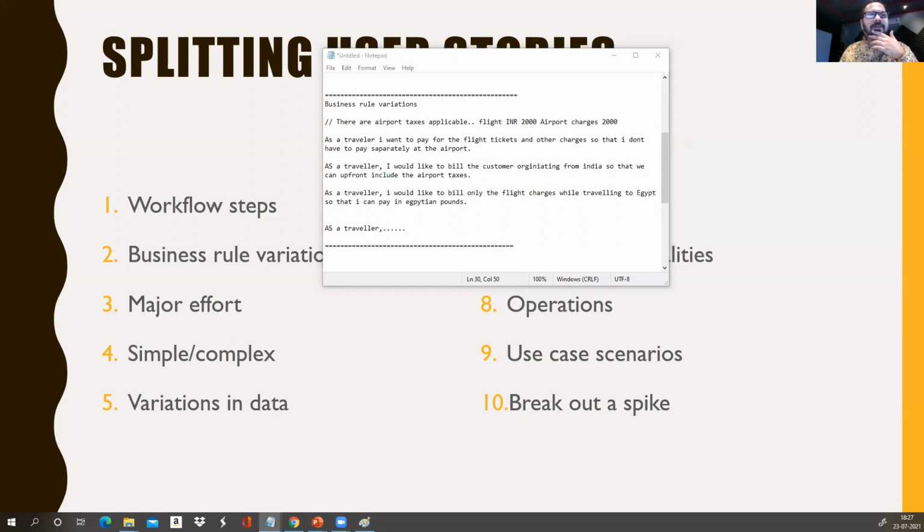The next one is major effort and minor effort. Now, when we look at major effort and minor effort, let us look at it like this, right? Let's take a scenario where, when we book a ticket, we ask people, do you want to subscribe for newsletters or whatever? And when people subscribe for newsletters, promo codes, send me emails about the deals,